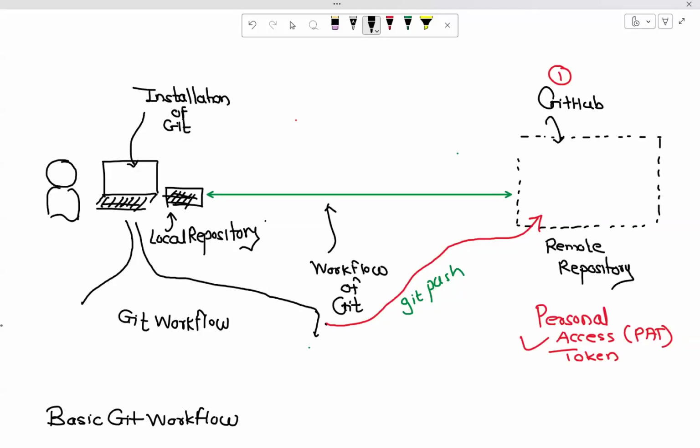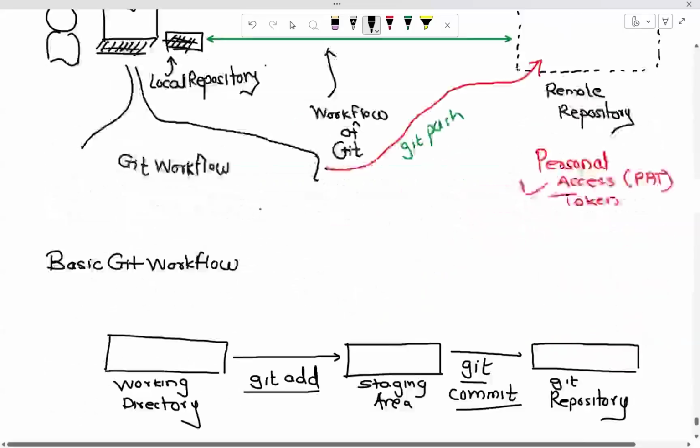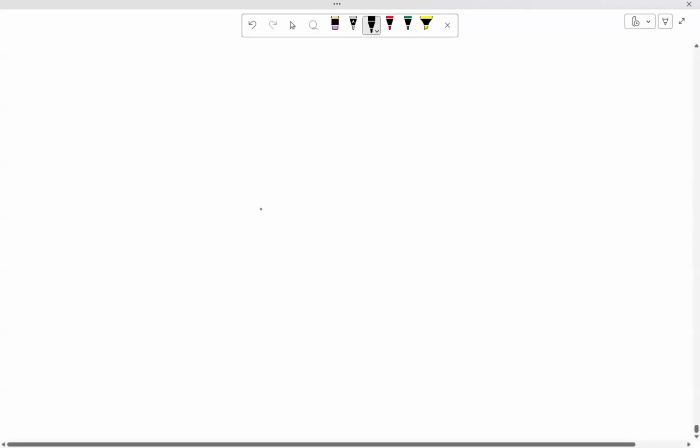Now, team, if you have a look at the Git workflow, there are many things that we can carry out. So just understand this workflow.